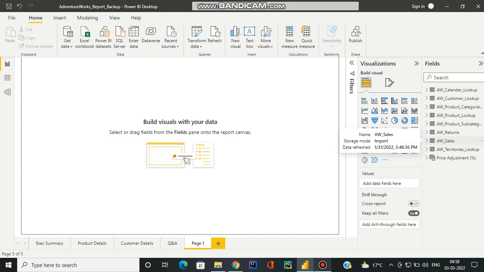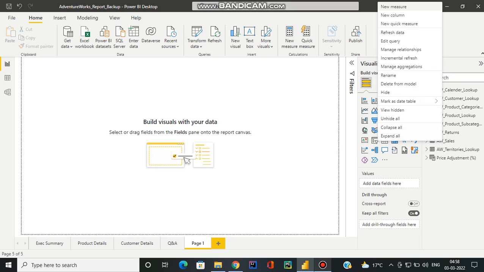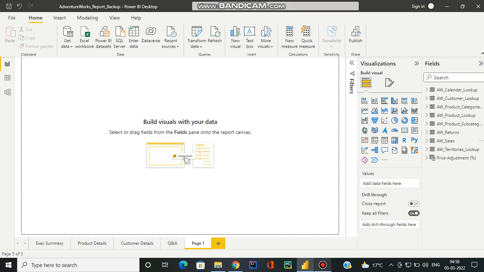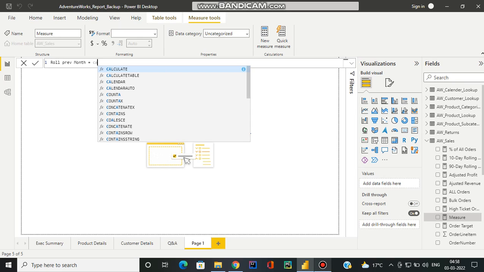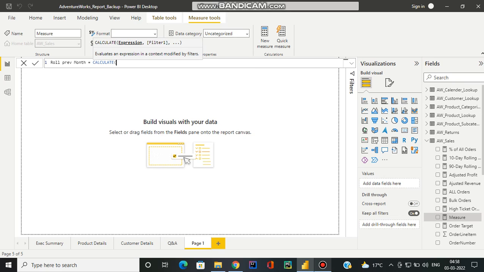You can use your measure table, or you can right click on whichever table you want this measure to appear in. So I'll take the sales table and click on new measure, and now on the top you will see a measure come up. You can give it a name, Previous Month equals to. Now we are calculating the previous month, so we'll take CALCULATE,